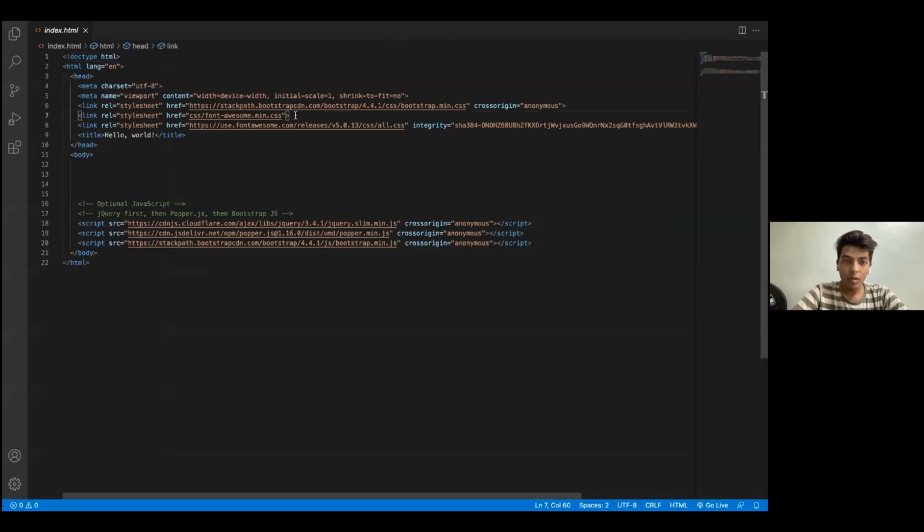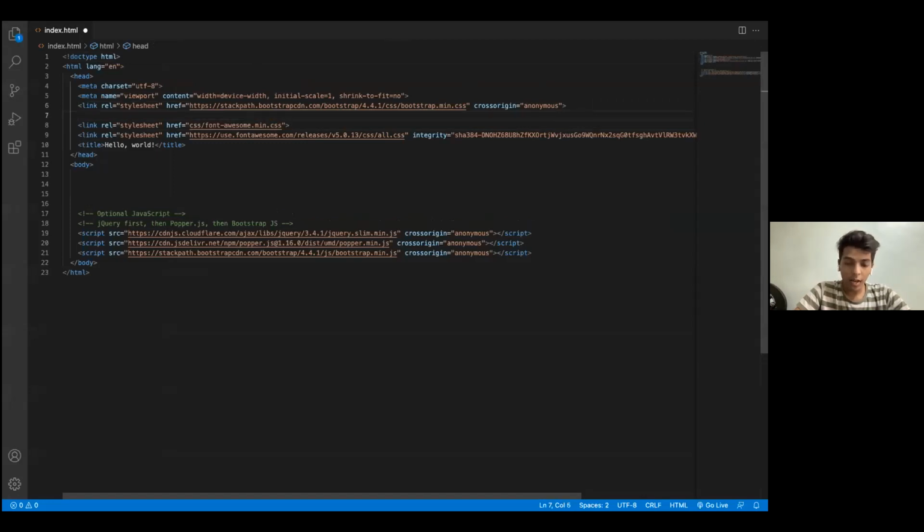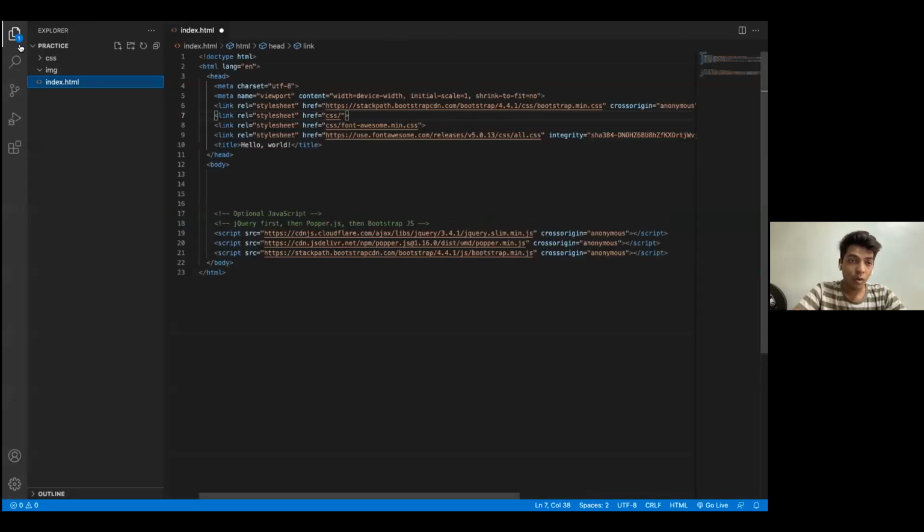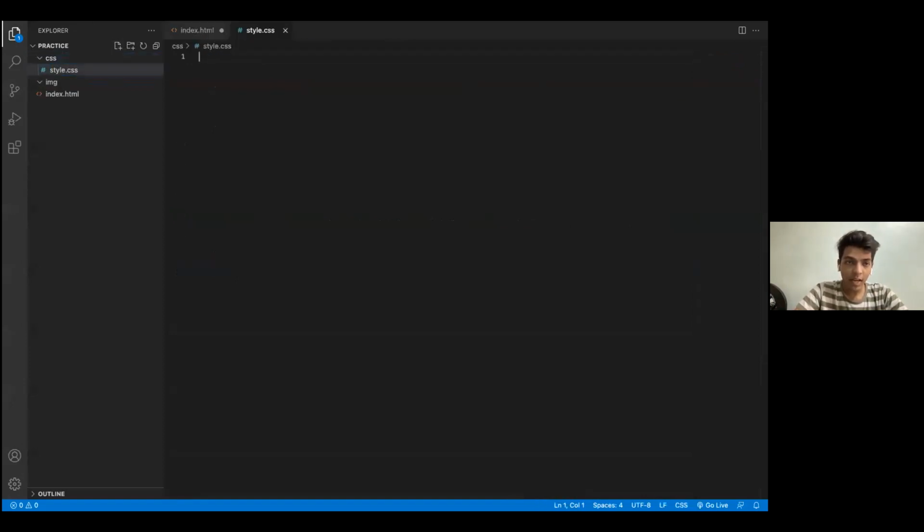Below the bootstrap, anywhere you want in the head, we'll be making a link, entering, and the reference would be css/style.css, but there is no style.css. So firstly, we click on the CSS folder, click on the new file tab, write style.css and press enter.